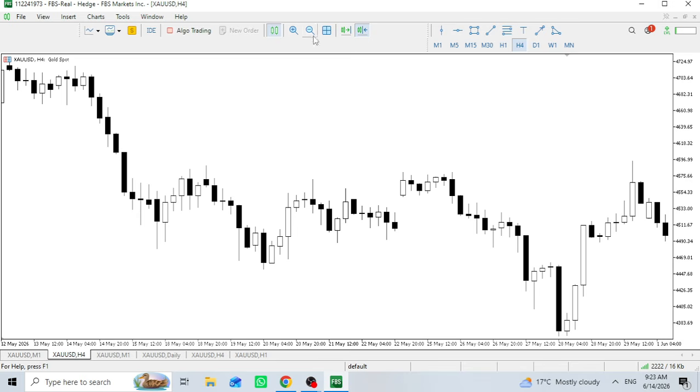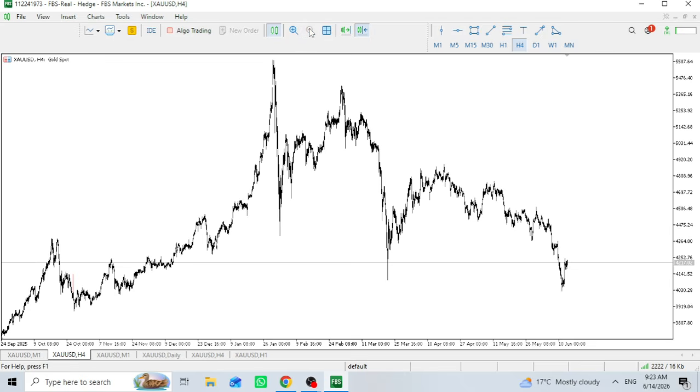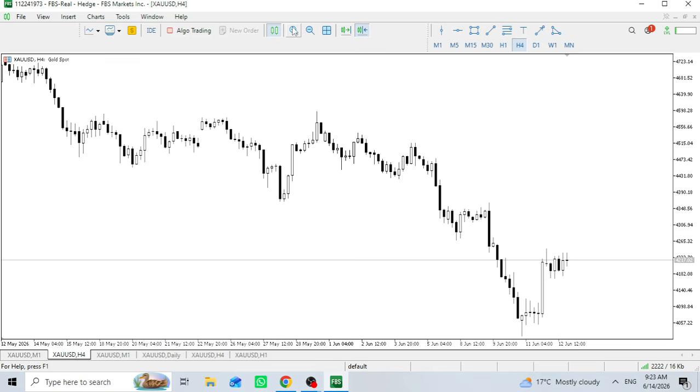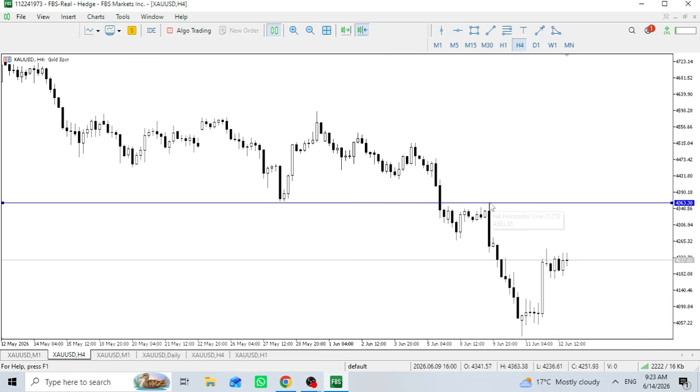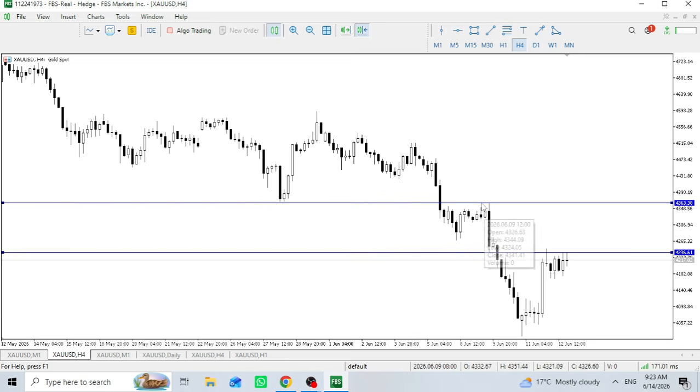Now if you have analyzed your chart and you want to save what you have analyzed, you usually come here, put a line. If I put this line there and I put another line here, can you see that? And now I want to say this is my analysis. I don't say this is your analysis, but if you want to save this, you will be coming to Charts.